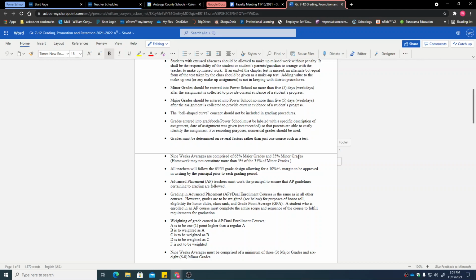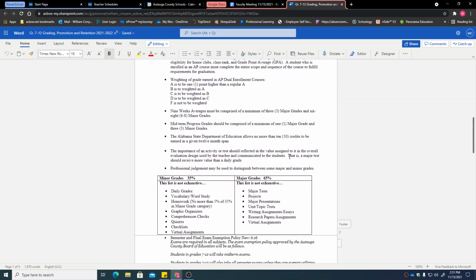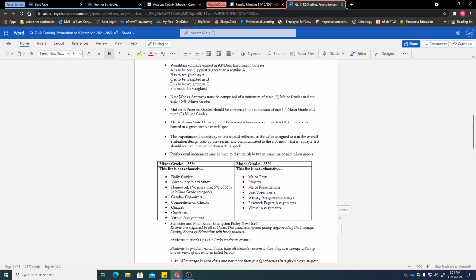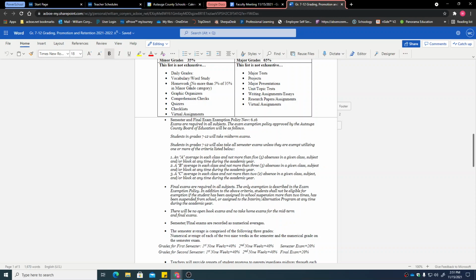Take a look at that. And as we scroll down here, we will see 9 weeks averages must be comprised of a minimum of 3 major grades and 6 to 8 minor grades. So we want to make sure that we are meeting those grading guidelines. Again, just like with K through 6, here is a list, not exhaustive, of minor grades, and here's a list